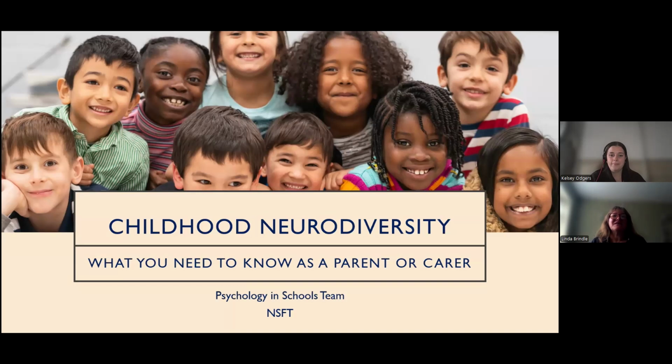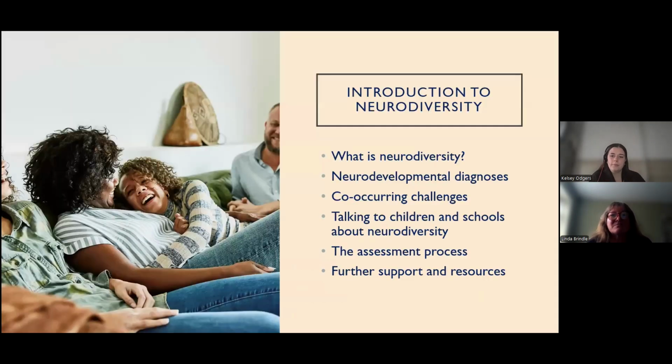We're going to be introducing a whole range of different neurodevelopmental diagnoses in a little while, but the overall aim today is to introduce neurodiversity as a whole and think about what it means for you as families. We're going to discuss the additional challenges you and your families might be facing and also think about how we can talk to our young people and schools about neurodiversity and what resources might be helpful to include when doing this. We'll have time to think about the assessment process so that you understand a little bit more about what you're currently waiting for and how that will go as you're on the NDD, as they call it, pathway.